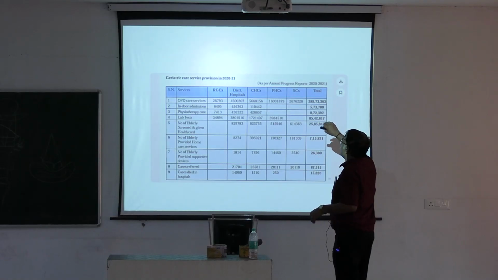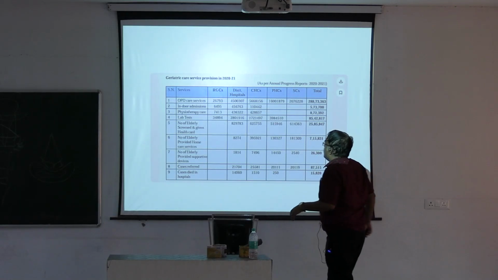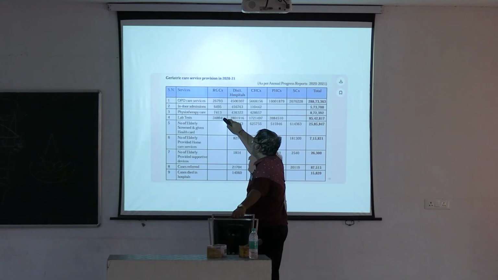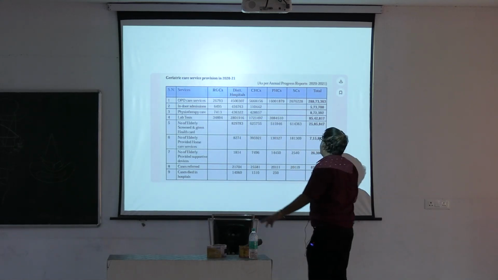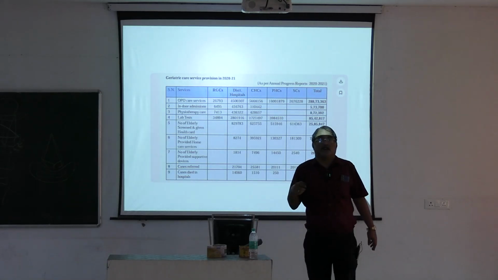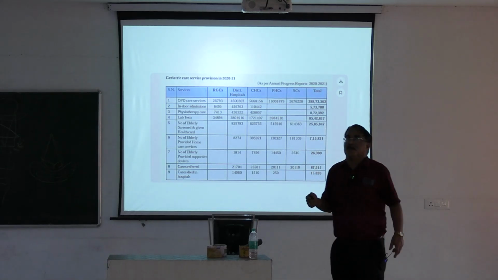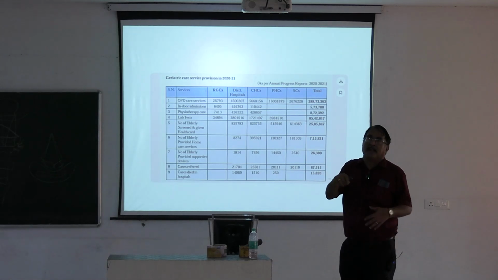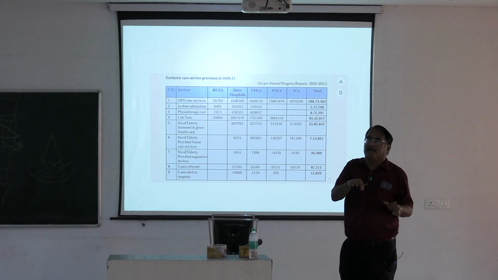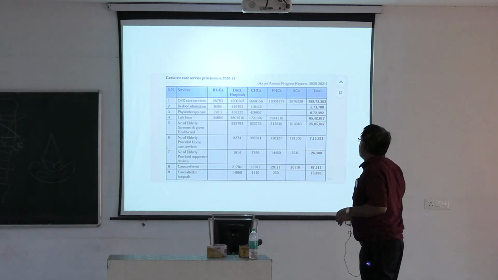Last thing in 2021, what all was done actually? As per the progress report, we had so many OPDs in the regional geriatric centers, indoor admissions, and lab tests. It has not gone fully as we expected, but still it is going on, because we have yet to reach a lot of the fund resources and the planning, and geriatrics is by and large a lesser priority than other things.